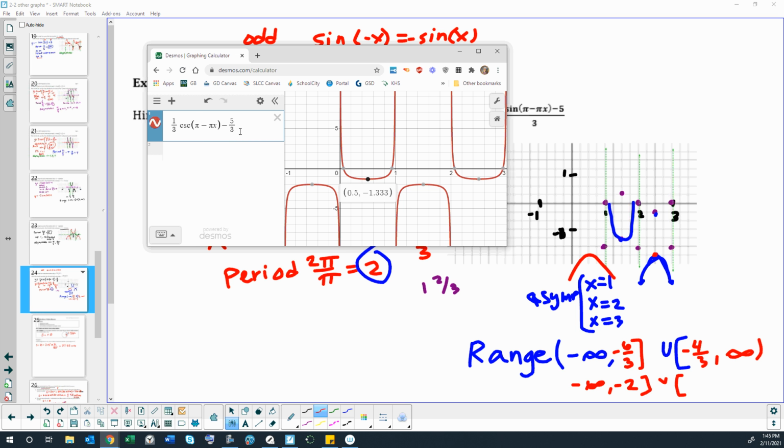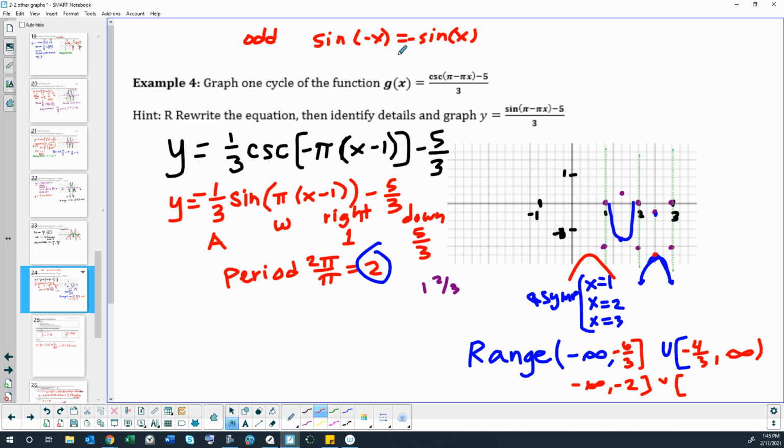Oh, did I forget to do a reflection? Maybe that's what it is. Remember how I said that this negative, using the odd property, would put the negative out here, which would mean that this has a reflection. I think I forgot to do the reflection. That's where I messed up. So that means,